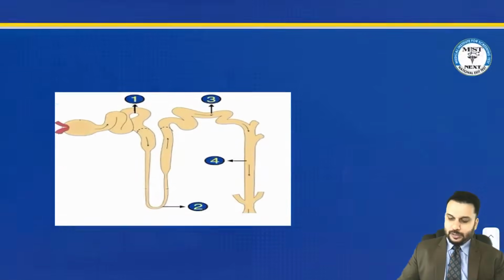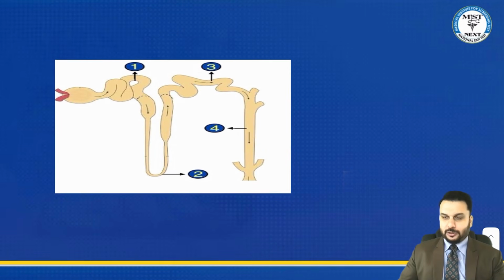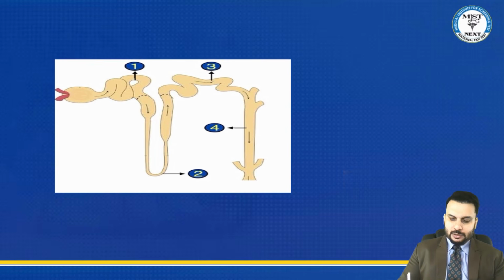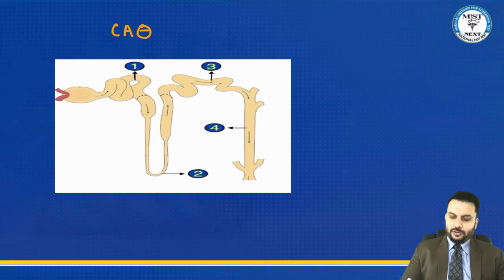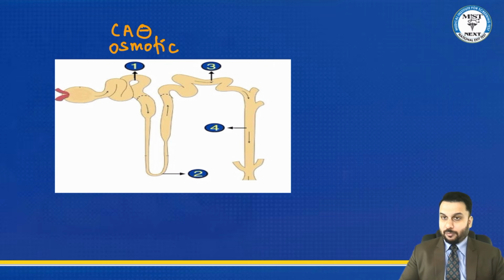Anyway, let's revise a thing or two related to this topic. This is the first part, your PCT, and this is where the drugs called carbonic anhydrase inhibitors like acetazolamide will work. Even the drugs called osmotic diuretics like mannitol also work here. This is place number one, the PCT. Next, the second place is the loop of Henle, this area. This is where the loop diuretics will work, and another group that works here is again osmotic diuretics like mannitol.